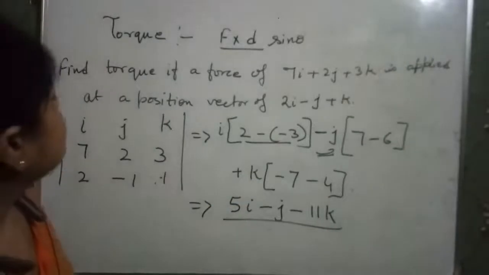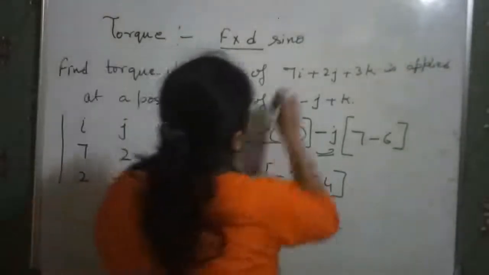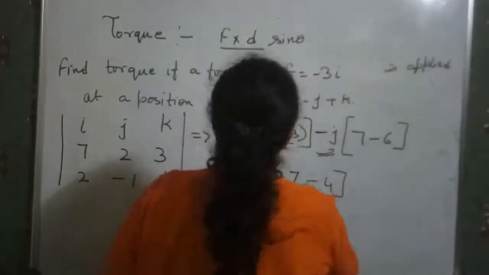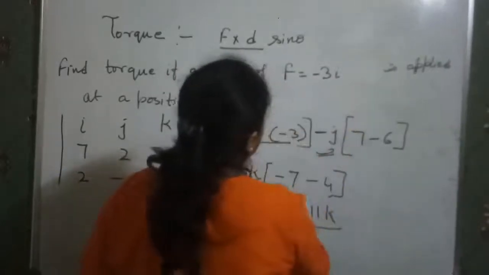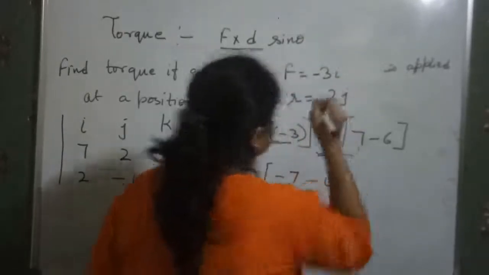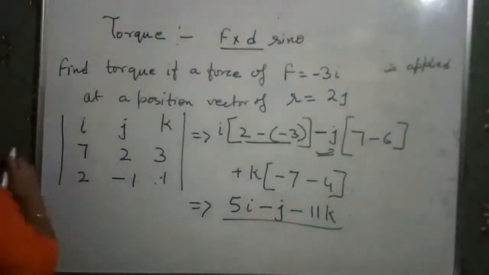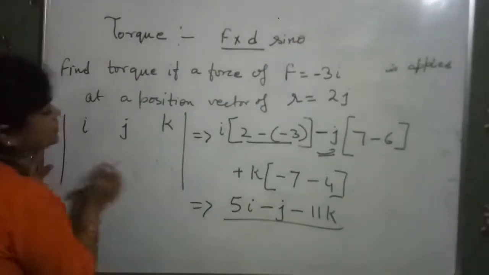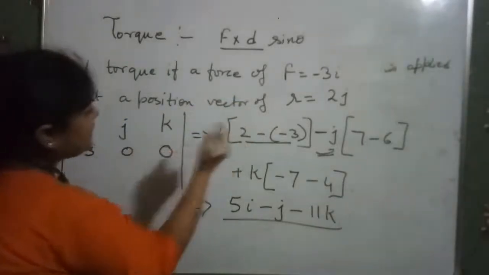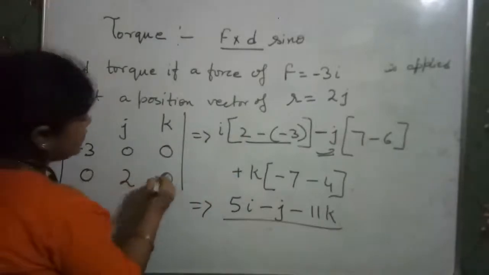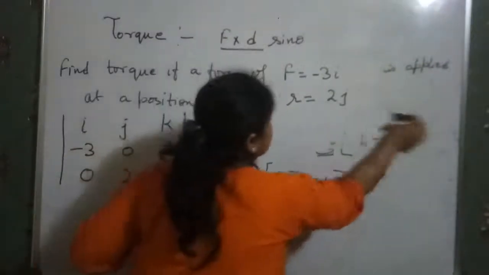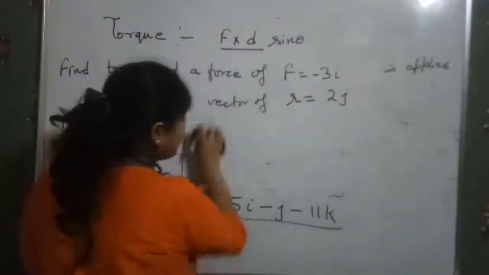For example, if the question is in this way: find the torque if the force F is equal to 3i and it acts on position vector r equal to 2j. Then find the value of the torque. So we can also use it in this way. It is 3i, so we write here 3, and the rest become all 0, and it is 2j, so it becomes 2 and the rest have all become 0. Okay, if you don't know how to multiply. Yeah. Now in this way you find the vector product for that.